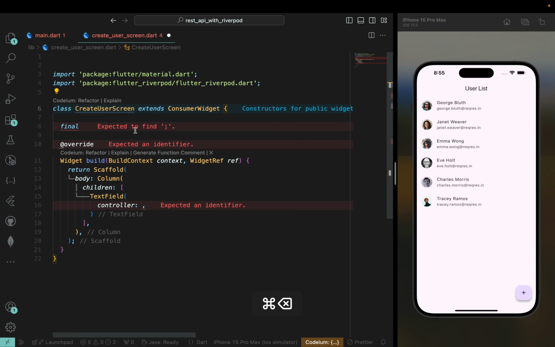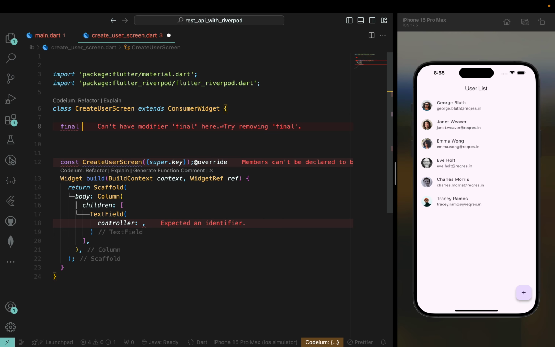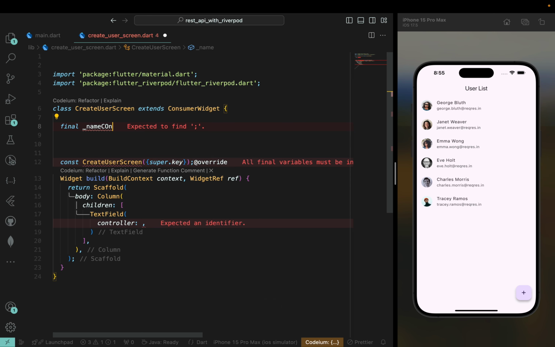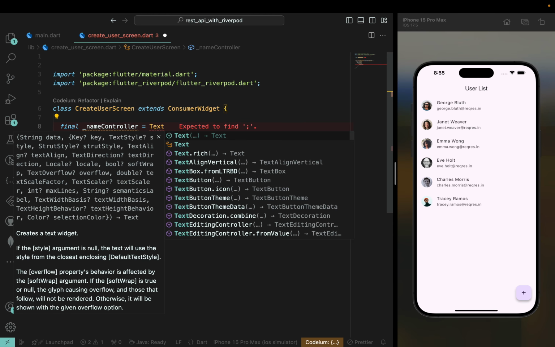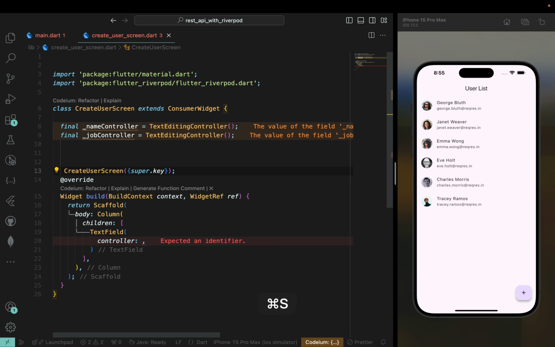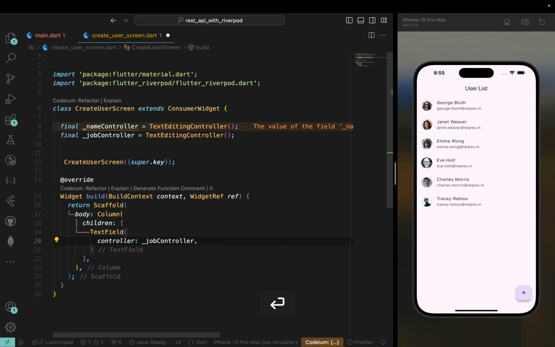You need to remove this constructor because I do not need it. Final, name, sorry, underscore name controller, will be the text editing controller, and this will be the job controller. Okay, and next I will pass here this job controller,